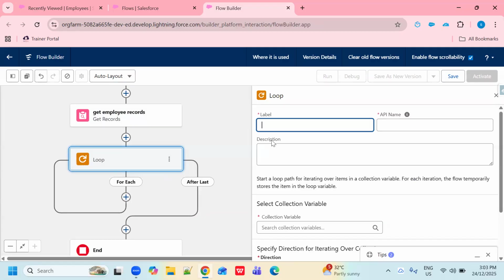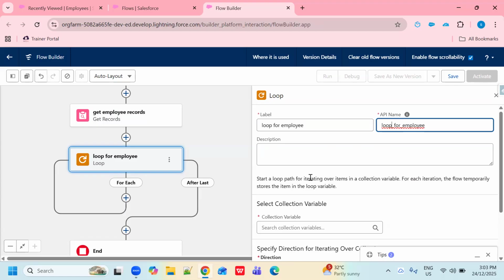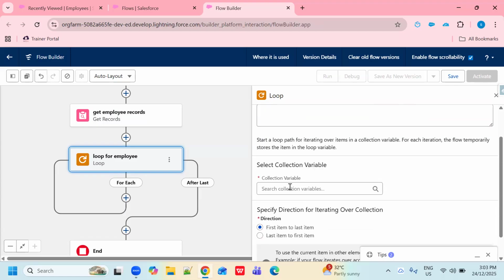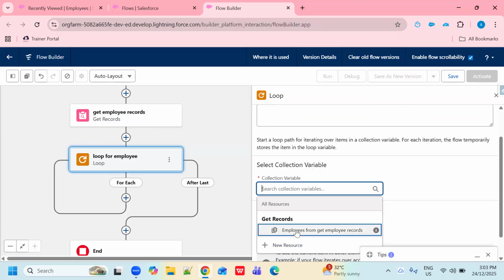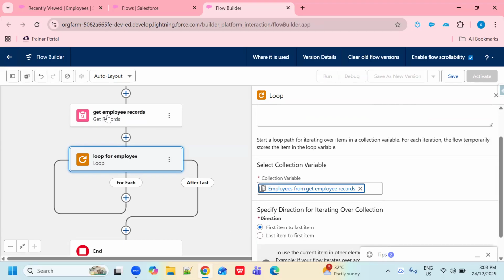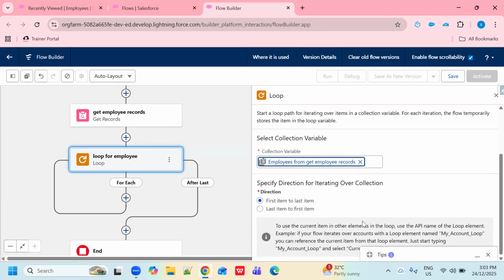So give a label here. I am giving Loop for Employee. In the collection variable we need to select the records we got from the Get Records component. Now which direction should I follow?